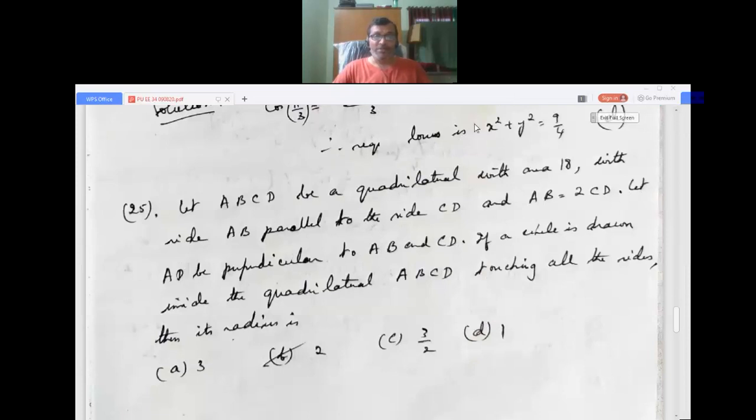Now let ABCD be a quadrilateral with area 18, with the side AB parallel to CD and AB equals 2 times CD. Let AD be perpendicular to AB and CD. If a circle is drawn inside the quadrilateral ABCD touching all the sides, then its radius is: